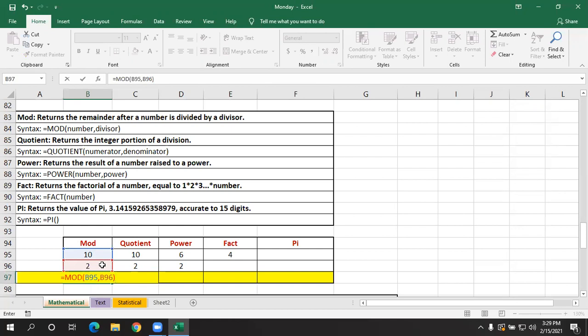If you divide 10 by 2, what will be the remainder you'll get? 2 5s are 10, right? So 10 and 10, it gets cancelled. So what will be the result there? The result will be 0. To know the remainder value, what we'll be using is the MOD function. Okay. If you want to know the quotient,